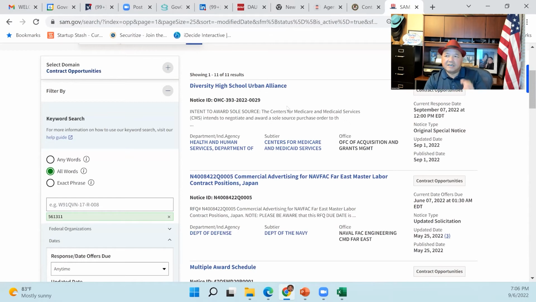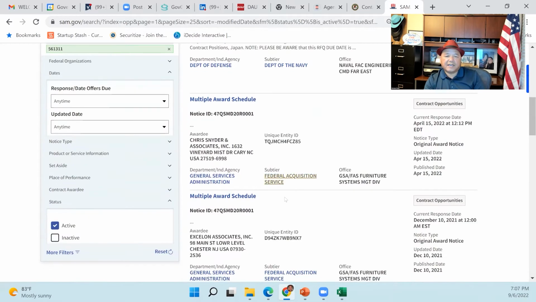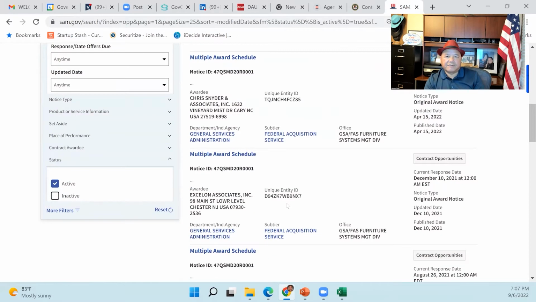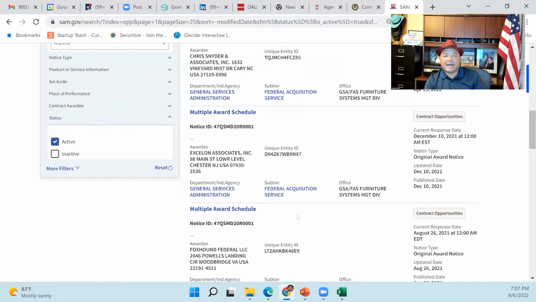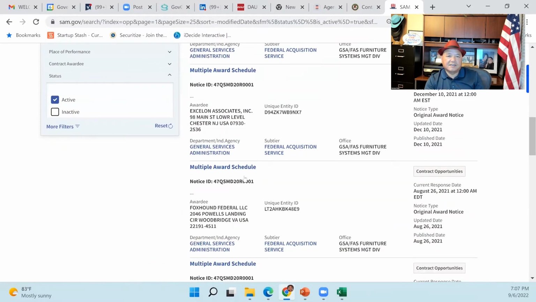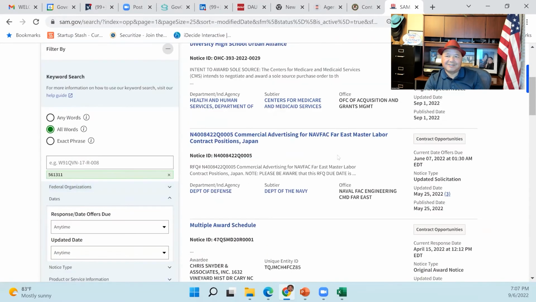So we either need to use a different NAICS code that captures what you're trying to do more, or we need to use a different keyword that's going to capture your industry, because for this one NAICS code, there's only about 10, 12 projects.